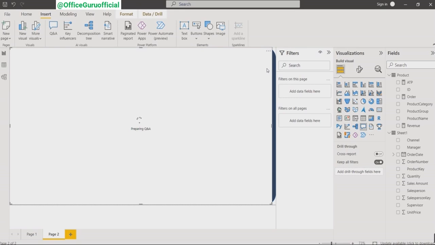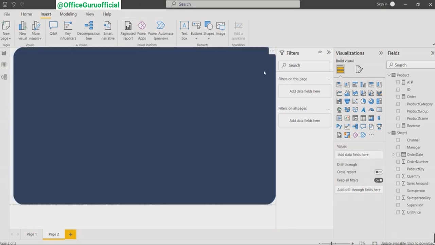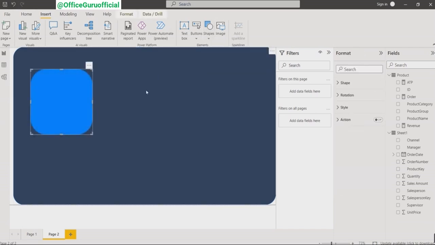When you double click on the canvas, this kind of window will open. Just delete it, it's fine. Okay, the next thing is we will take one more shape on this one. I'll tell you why. So basically, go to insert, go to shape, select again rounded rectangle,